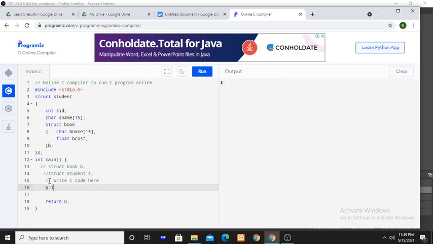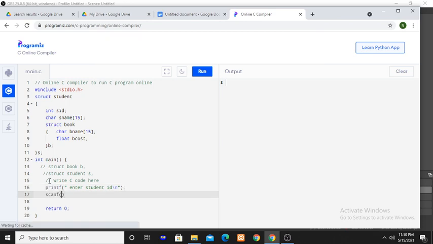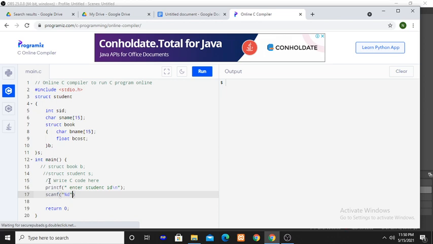Now printf, enter student ID. So scanf, percent d, ampersand s dot sid.